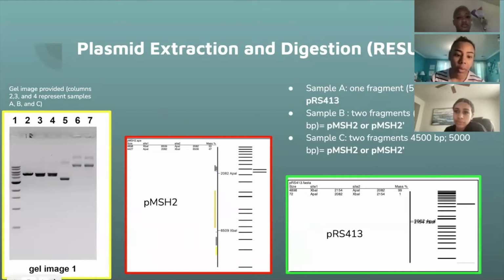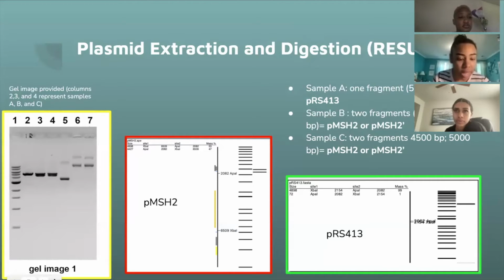What you're looking at now is the result of what this experiment showed. All the way to the left, you can see gel image 1, and that has columns 2, 3, and 4. These 3 columns correspond to samples A, B, and C. In sample A, you can see that there is 1 fragment within the gel image, and the thickness of this fragment corresponds to 5,000 base pairs. Once we digested the samples with XbaI as well as ApeI, we were able to correlate which plasmid corresponded